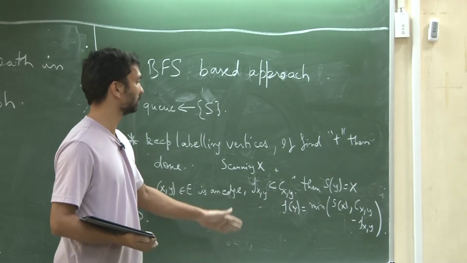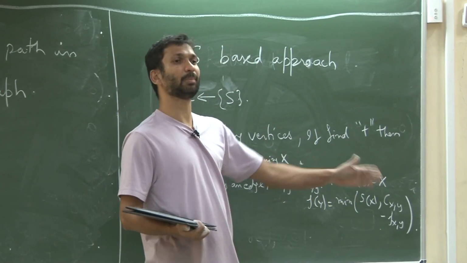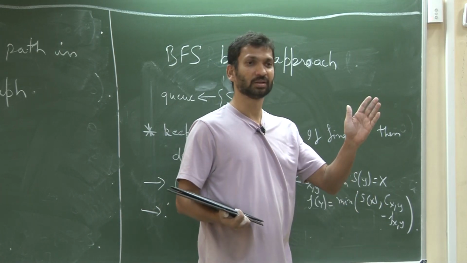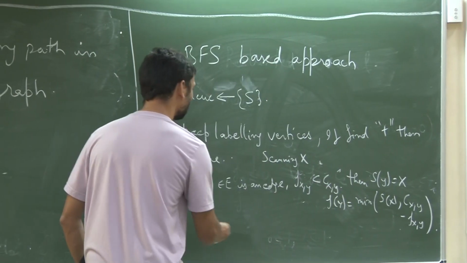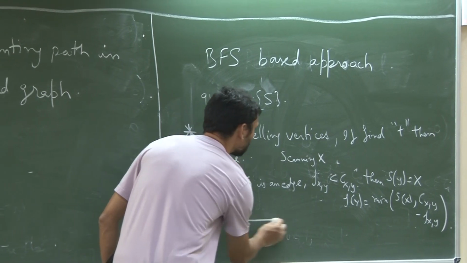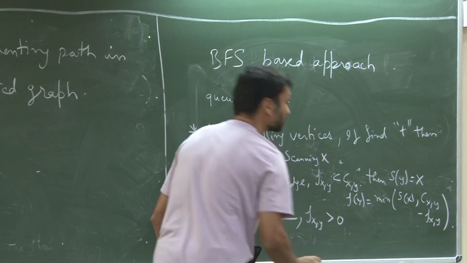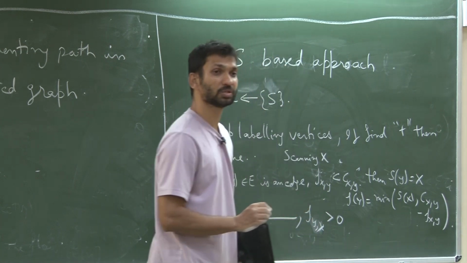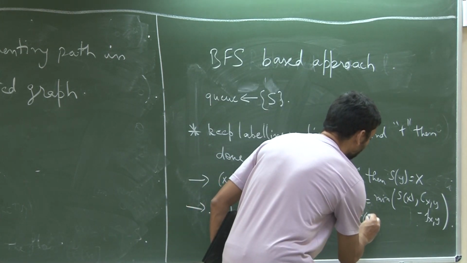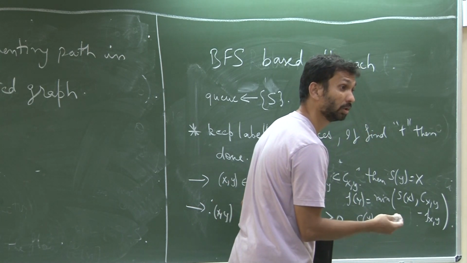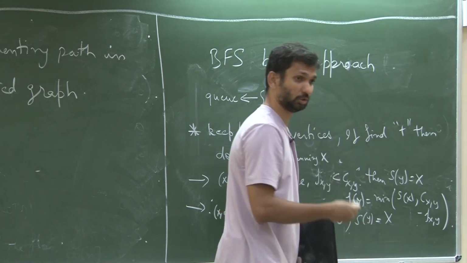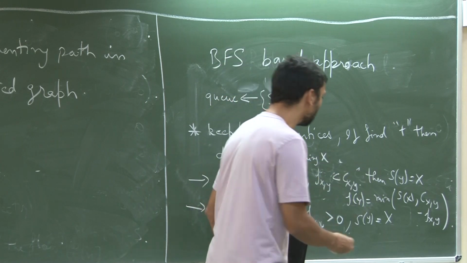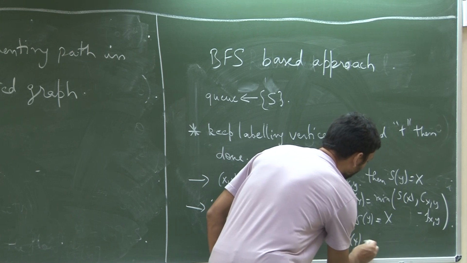Okay, so on this path, the amount of flow I can put in is how much flow I can get up to X, or the capacity of this edge, the minimum of that I can make it flow. If xy is an edge because fyx was greater than or equal to 0, then sy is equal to x. You will reach it from X. Remember, this is an undirected graph. We are finding a path. We are saying we will reach from X to Y, and Fy is going to be